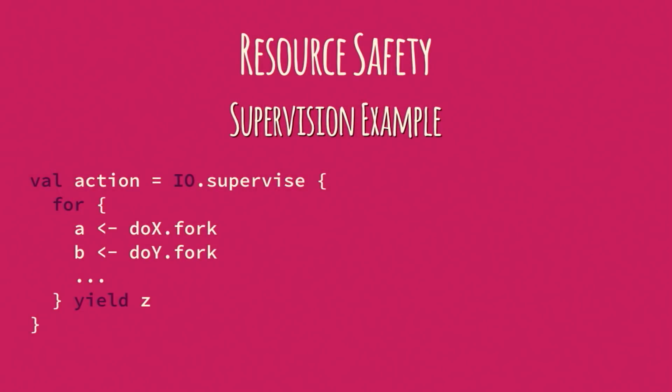And you can use this in combination with fork. If you want to fork some computation out there, you can make sure all of its allocated resources, all the fibers it spawns out, are shut down when it terminates and cleaned up with zero loss of any resources, including threads. And it's as easy to use as this. You just wrap it in the stuff you want to supervise, and at the end of that block, it's going to terminate all the things that were forked off, all the ones which are not currently terminated.